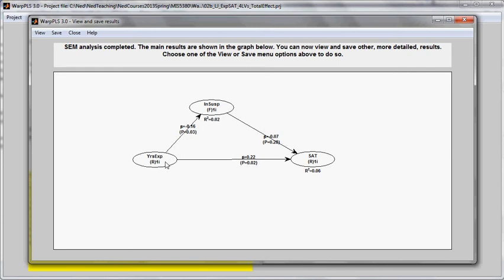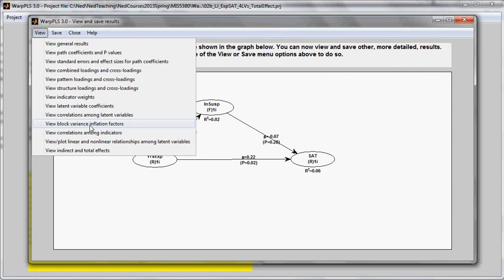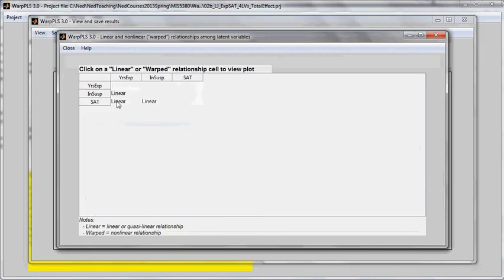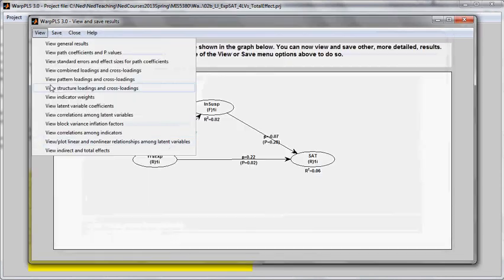And years of teaching experience also seems to have a direct effect on SAT scores when we control for the effect of in-school suspensions on SAT scores. Now, here's the interesting thing that I wanted to emphasize in this analysis, is that I have a direct effect of years of experience on SAT scores, but the total effect should also include this path. And when I look at the total effect, I'm sorry, got to go to this one,